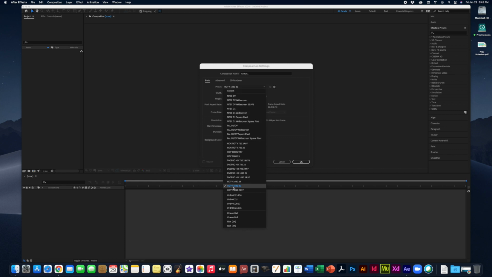So we are going to work primarily in this class with HDTV 1080-25, which means high definition television. And that doesn't mean it can only show on a television. Obviously, it can be projected onto a screen. 1080 is high definition. The higher of the two, there's 720 and then there's 1080. There is higher resolution above that. If you go below here, you can see that there is both 4K and 8K options, which are newer, more high resolution options, but we're not going to play with those in this class, not because they're not relevant, but